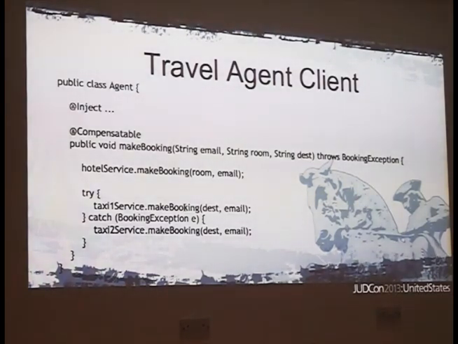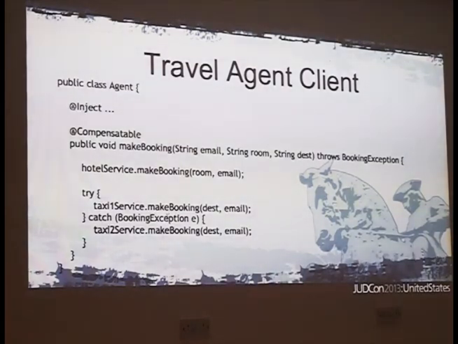Because the make booking on the taxi service threw this exception, it knew that it failed. So it is responsible for making sure it doesn't leave itself in an inconsistent state, so it essentially resigns from the transaction. It didn't work, and I'm resigning from the transaction. So at this point, we know that